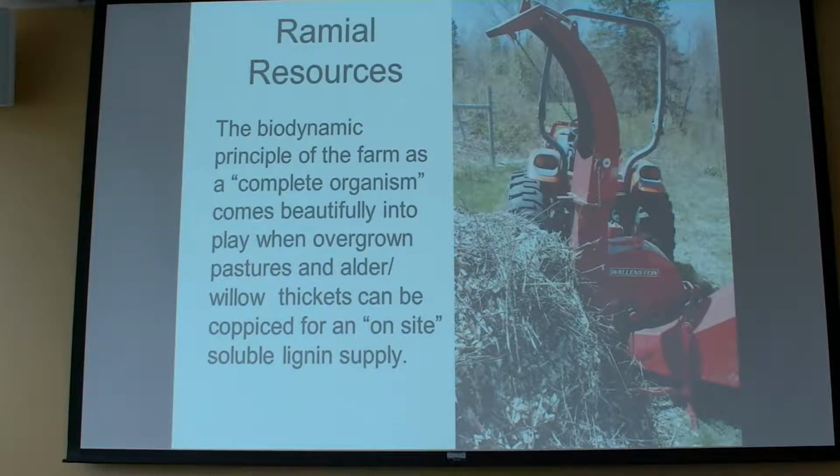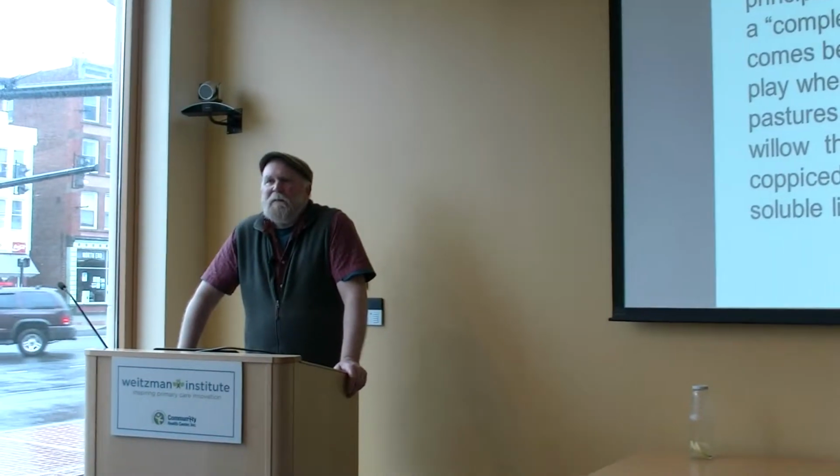Another thing that I like, this is the wood chipper that I have in the back of my tractor. It's a Wallenstein made in Canada. It's very high quality. Is I can go down to the wetter ground. The alder, the popple, the willows are not necessarily that close, and I can coppice those trees. I'm not killing them by cutting them down, but they grow back as stump sprouts quite readily, and I can utilize the smaller wood portion as a resource that's homegrown on the farm for the whole ramial picture that I've been describing. And I like that. Anytime I can kind of close that loop and do it within the structure of the farm is a good